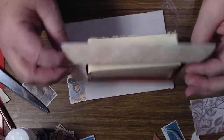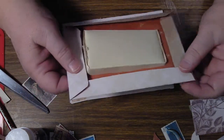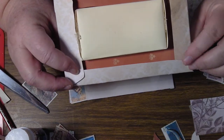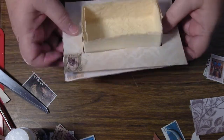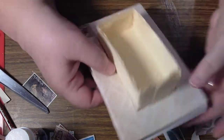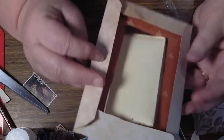Now, you notice I didn't stick that down, and I'm not going to, which I did in the first one I showed you, I think, and I'm sorry about that if you've already done it, but next time we'll leave it, because I want it to look like it's full. If you understand, it needs to look like it's full, and if you stick it down flat, it won't have that effect. Okay, now you're going to have to stick